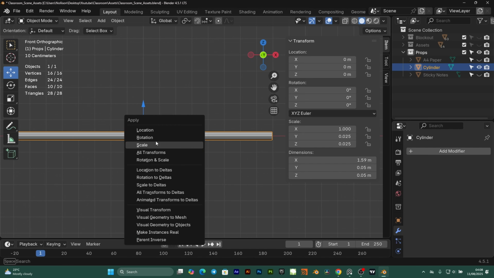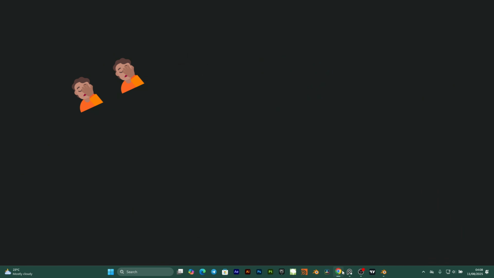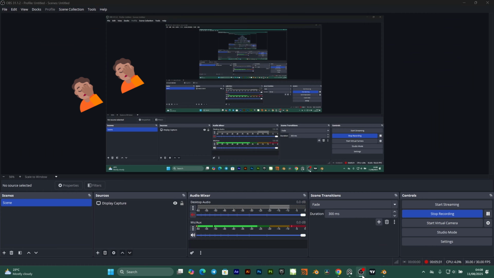So I just hit Ctrl A. Now I apply the scale, okay? Now immediately you observe that, oopsie, excuse me. Yeah, exactly. You observe that, like I said, at the two ends, you have the same cylinder but a